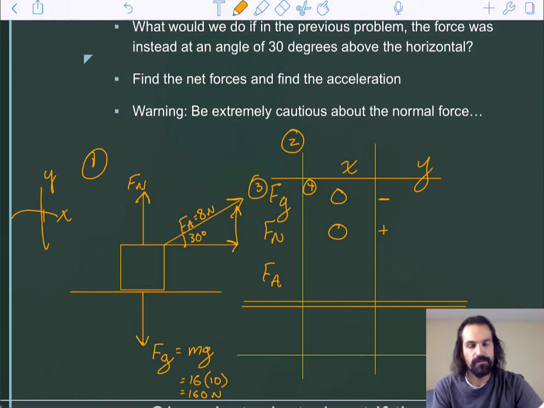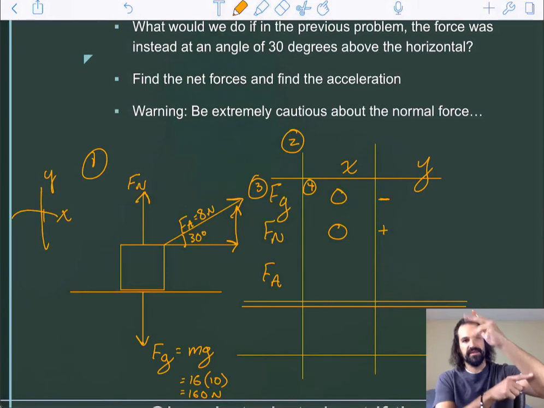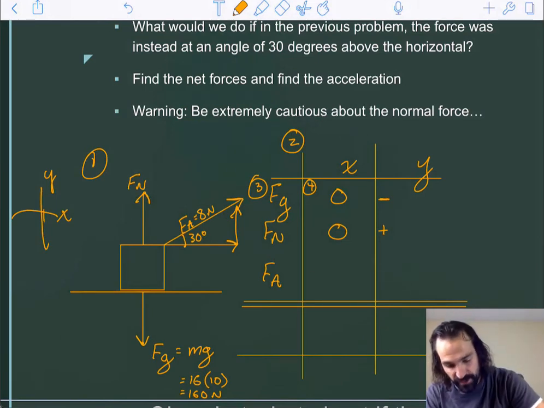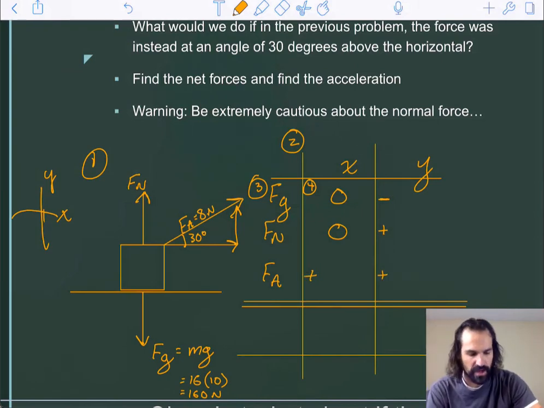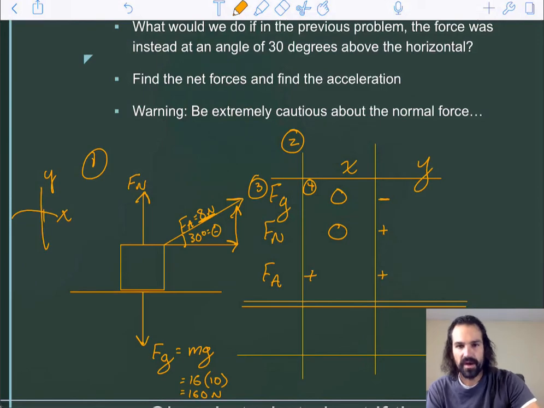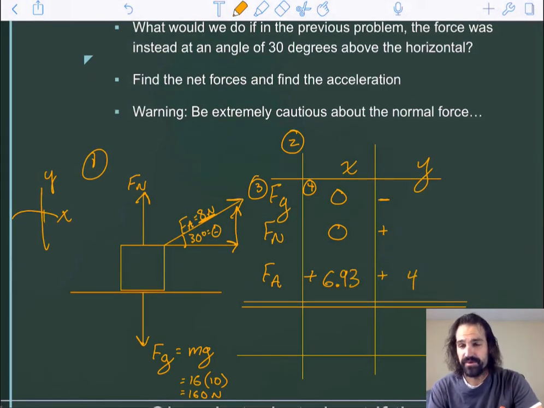And the applied force, that's at an angle, but it's up and to the right, which means some of it's to the right and some of it's up, which means it's going to have a positive x and a positive y. We don't know what those values are, but with SOHCAHTOA, we can use this 30-degree theta and this 8 Newton hypotenuse to figure out that the x and y components should be 6.93 newtons and 4 newtons respectively. I encourage you to try that on your own calculator, because if you're not getting those values,